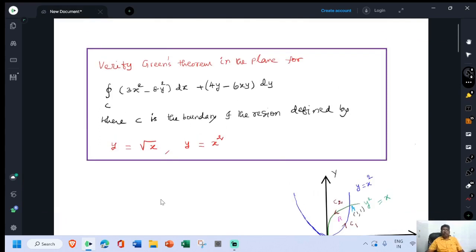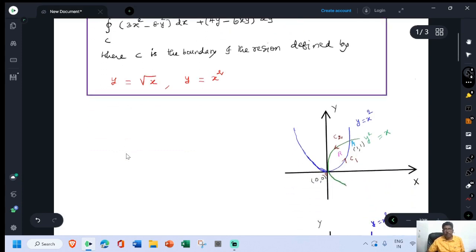See this problem. Verify Green's theorem in the plane for the integral of (3x² − 8y²) dx + (4y − 6xy) dy, where C is the boundary of the region defined by y = √x and y = x². Say that for y = √x,